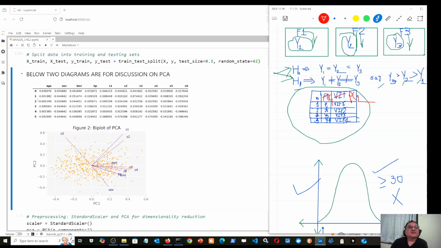in those 2 columns. Now when I say all, some information will always be lost when I reduce the dimension, that is the number of columns, from 10 to 2. But if I can retain 95% or 93% of the information, then I would say that the 2 principal components are retaining most of the main information. That is why the name is principal. So PC1 means principal component 1, and PC2 principal component 2. So you can say that the principal part of the information contained in these 10 columns is already captured by these